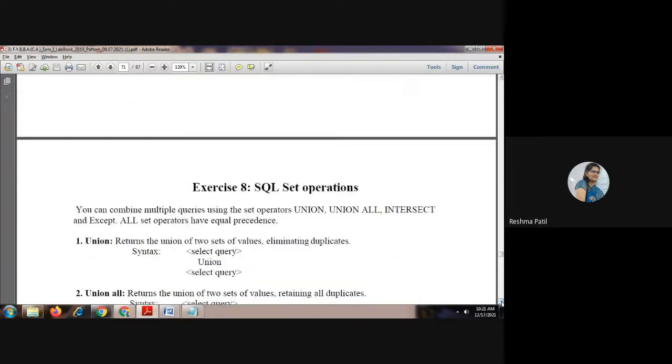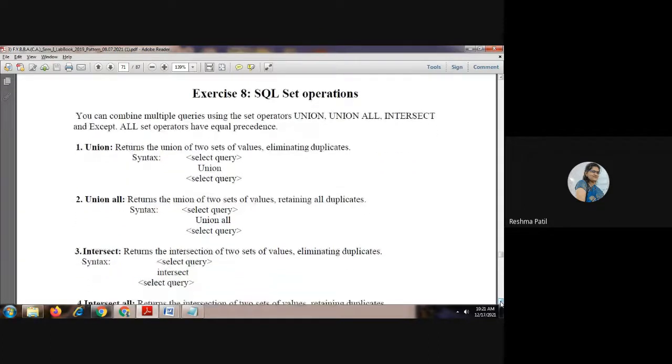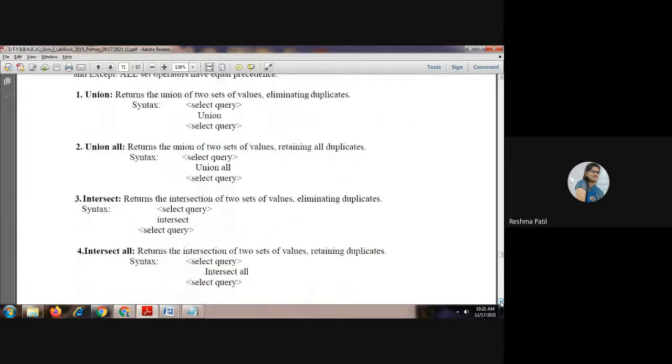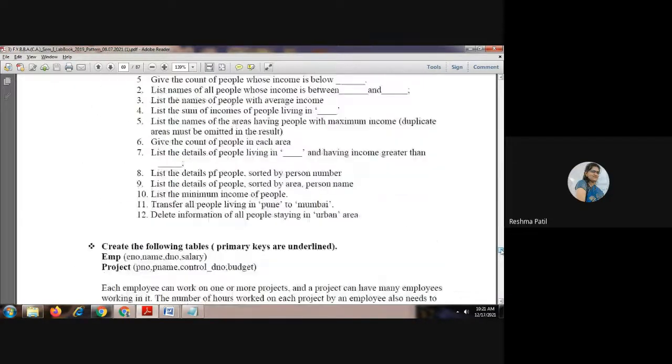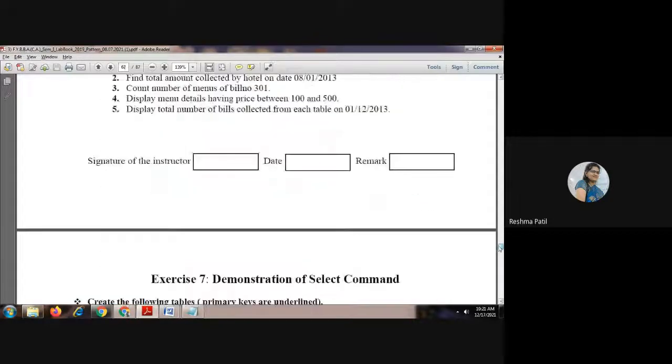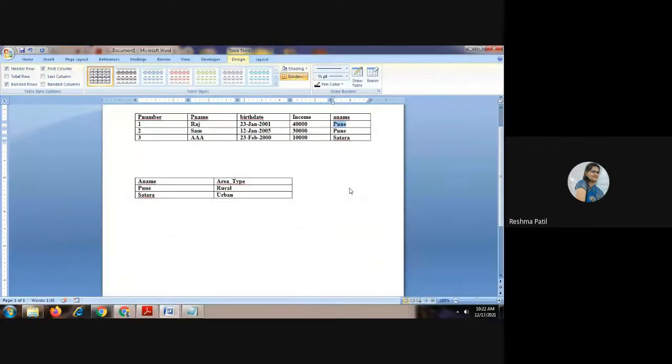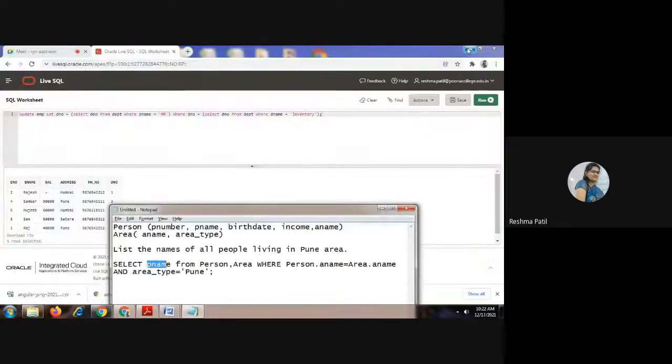So this is exercise number 7. Now this one we will check tomorrow. Union clause, intersection. This one we will check tomorrow. Clear everyone? Yes, miss. So we will stop here only. Complete this exercise number 7 also. This exercise number 7 will clear your SQL idea, how we can use the select star from statements.